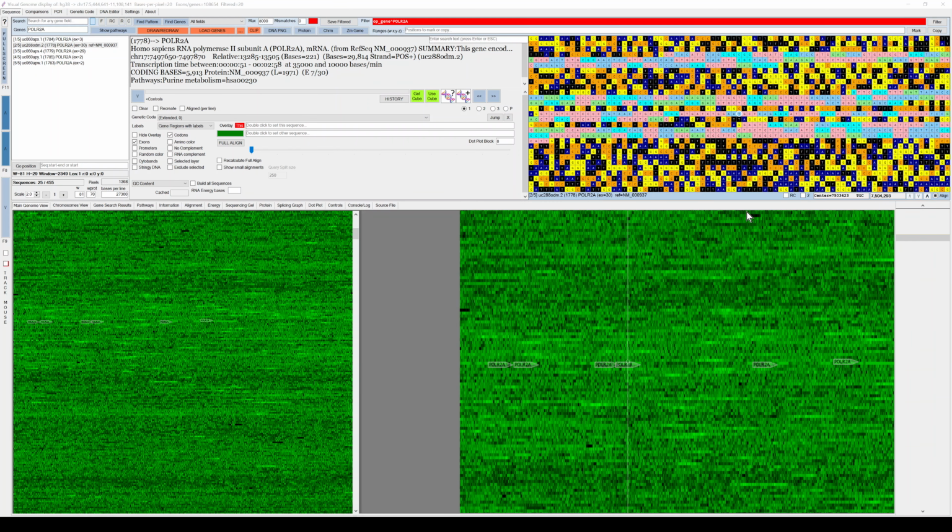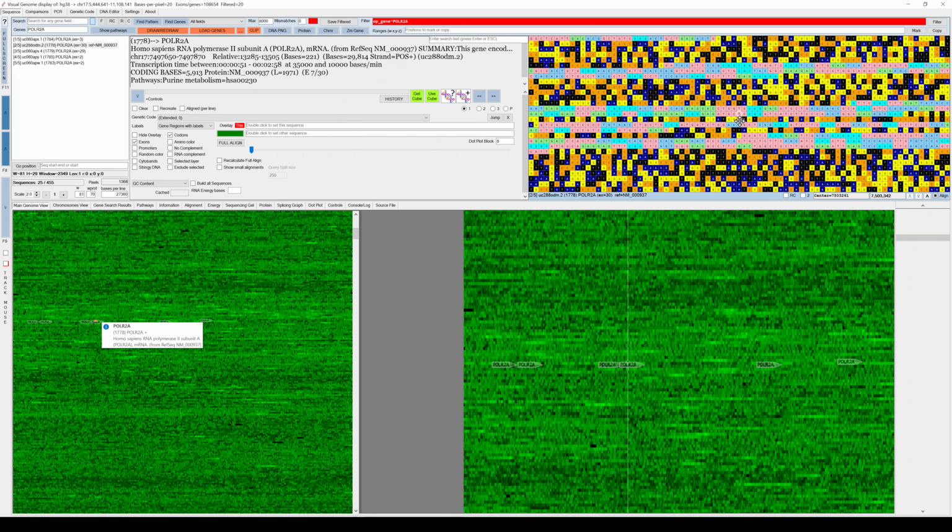Okay, now that we have this protein displayed over here, you might wonder, how can we actually get a copy of the DNA or copy of the transcript or copy of the protein?